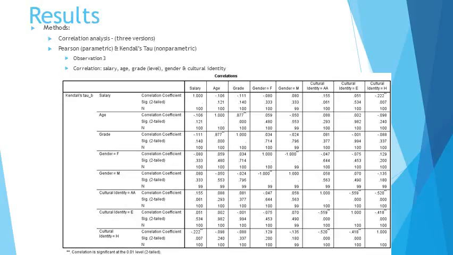Drawing your attention again to the salary and cultural identity labeled as Hispanic, again, we have consistent data in that we have the minus 0.222 for our correlation coefficient, and again, a p-value that is meeting the criteria of the 0.05, less than 0.05. So that's basically telling us